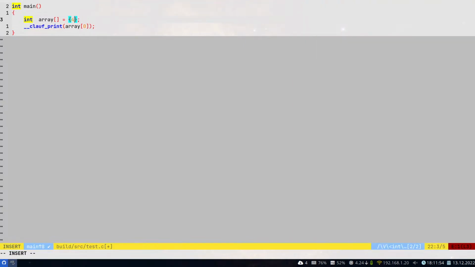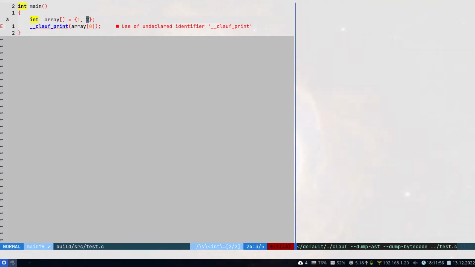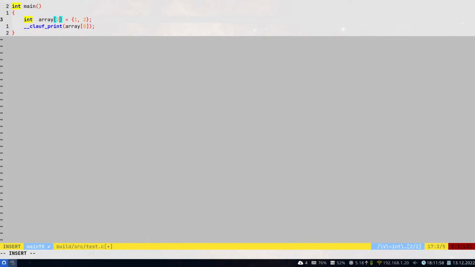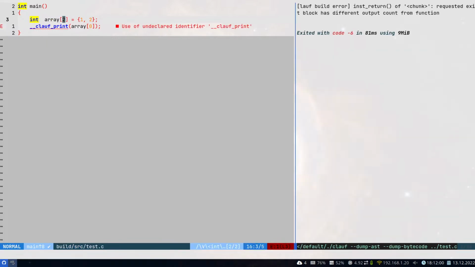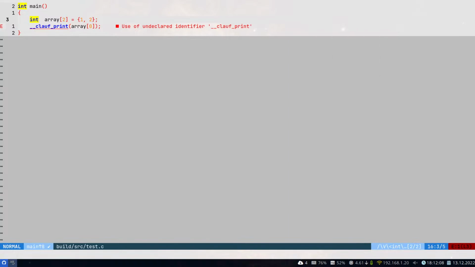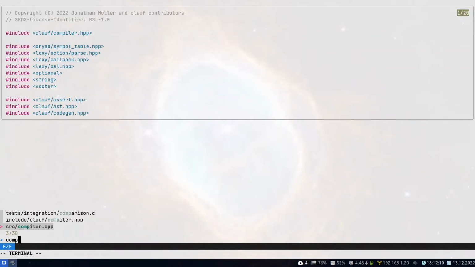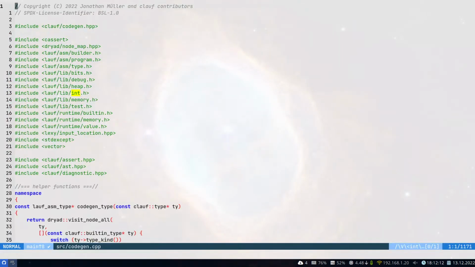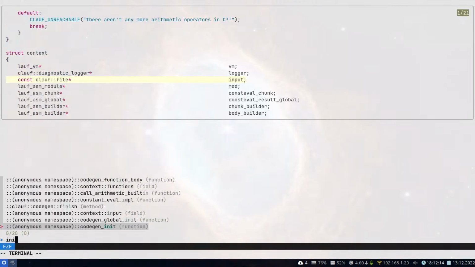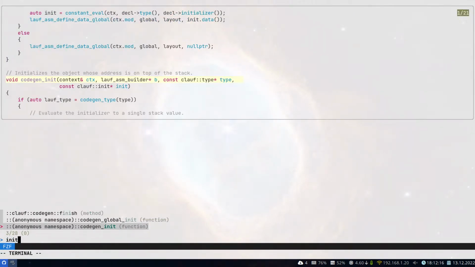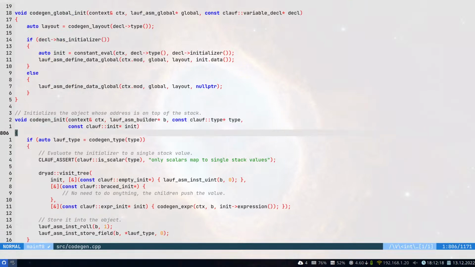So apparently constant evaluation of the return thing or whatever is apparently not working. So what's going on here? So during the init CodeGen init,